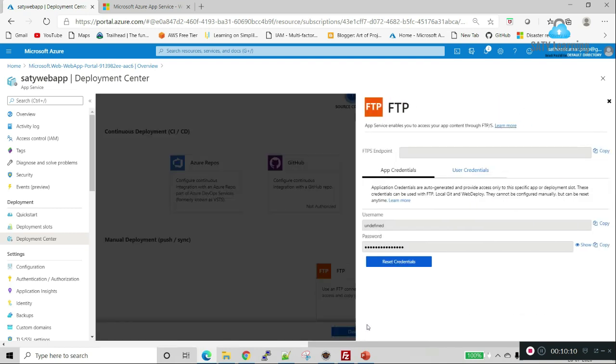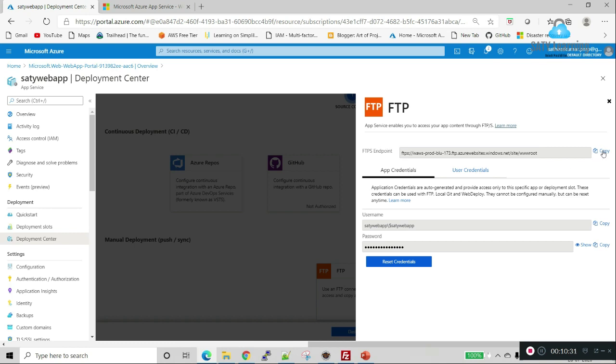I'm selecting the FTP, and it will open a new tab. Here we have two credentials, one is app credential and another is user credential. To install the app in the web apps, we need to use the app credentials.